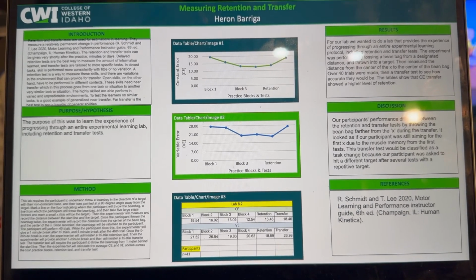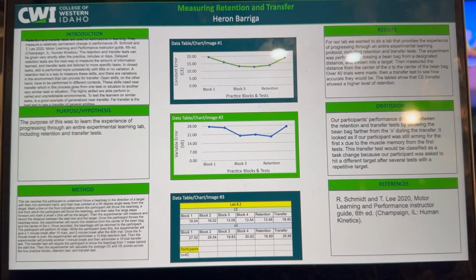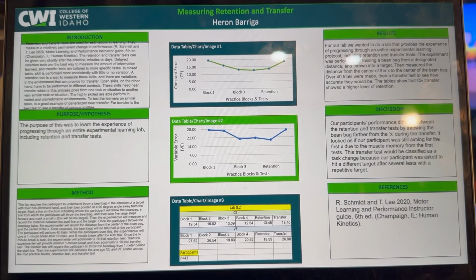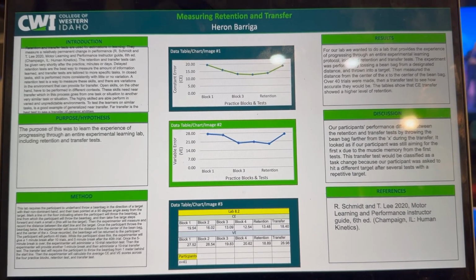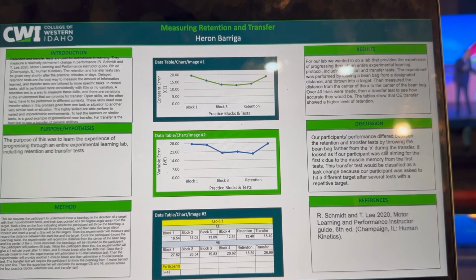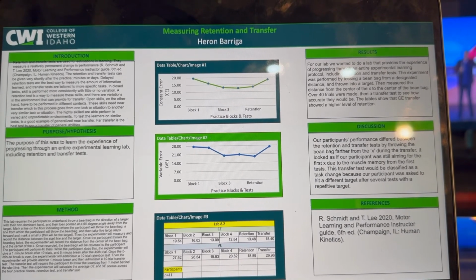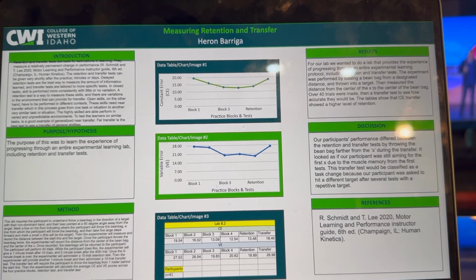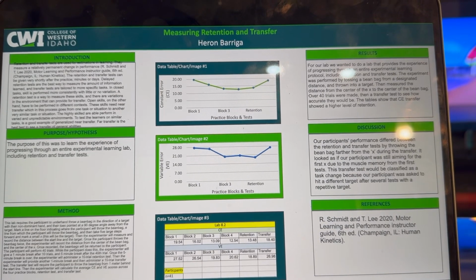Introduction. Retention and transfer tests are used for estimations of learning. They measure a relatively permanent change in performance. The retention and transfer tests can be given very shortly after the practice, minutes or days. Delayed retention tests are the best way to measure the amount of information learned, and transfer tests are tailored to